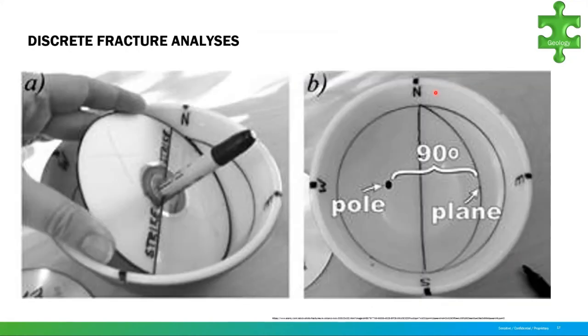as you see on this very simplistic graphic here, where we have a ceramic bowl, something out of someone's kitchen, and we have a CD, a compact disc, which in the past, we used to listen to music and store data on. Now we pretty much hang them outside to scare away birds and animals. But anyways, we have this disc and it's sitting in this bowl. And going through the disc in the center is a magic marker. So this disc represents a fracture plane,